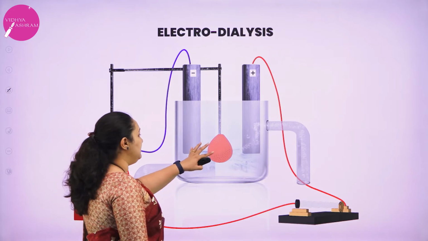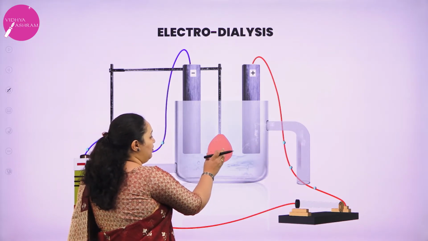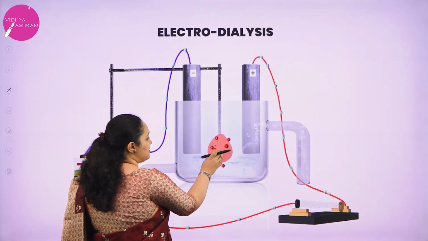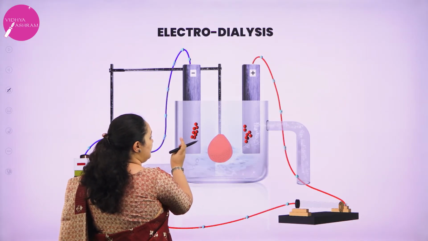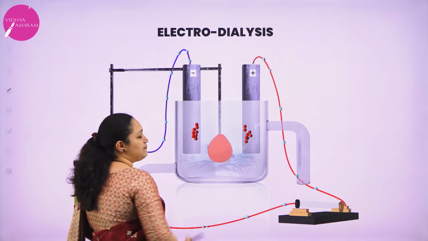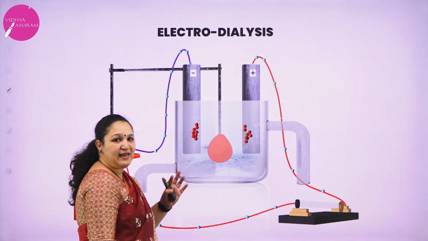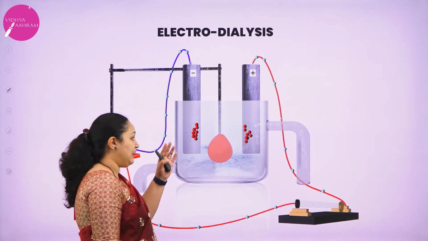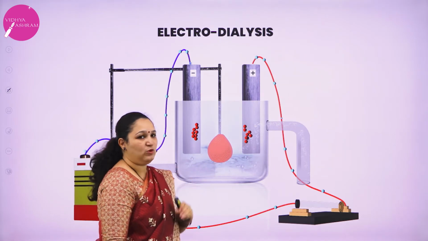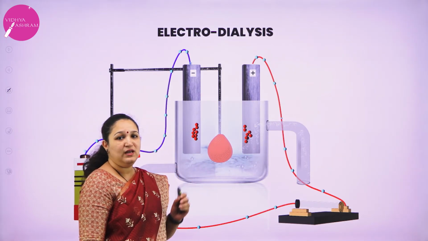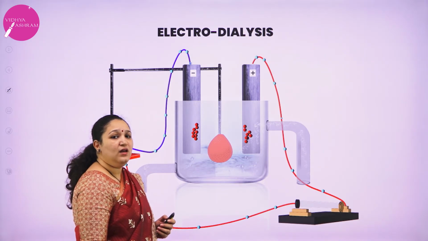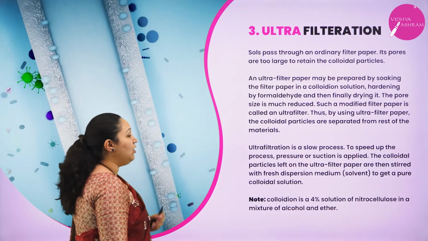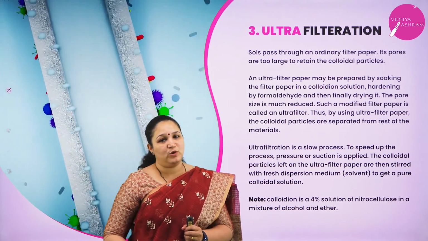To understand it better, here you can see there is a dialysing membrane in which the colloidal particles are there. When there is current, that is, two electrodes are there, you can see the particles have moved towards the respective electrodes. That is, cations move towards the cathode and anions move towards the anode. This is electrodialysis. The next and last method of purification is